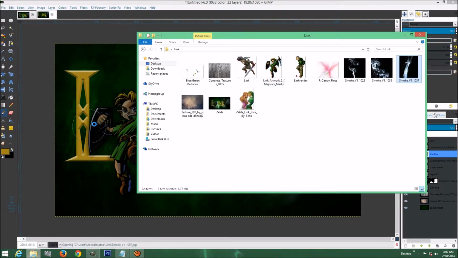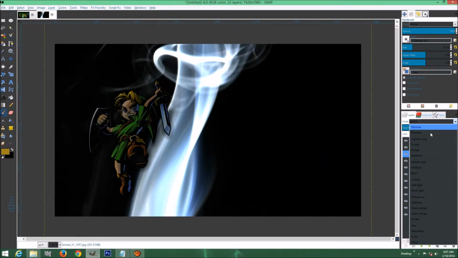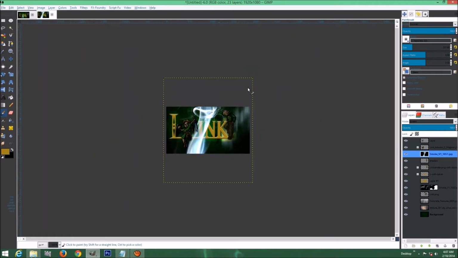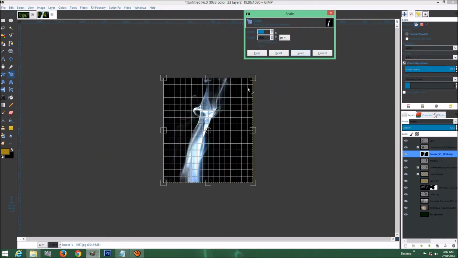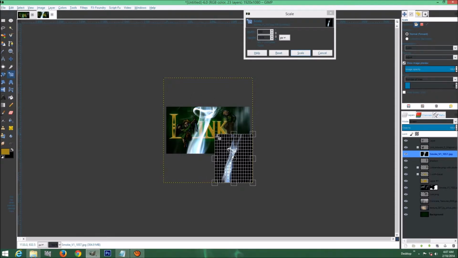We're going to add that one right there, and we're going to set this on screen. That one's name is Smoke V11057, and we're going to go ahead and zoom out, pressing the minus key on your keyboard. Press Shift T, and let's just go ahead and resize that sucker down,